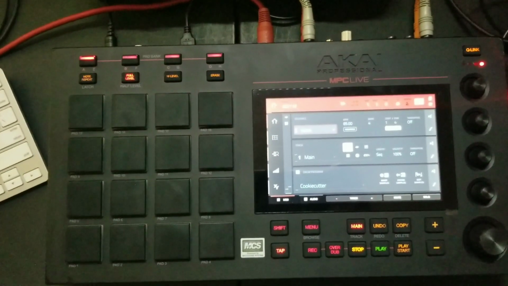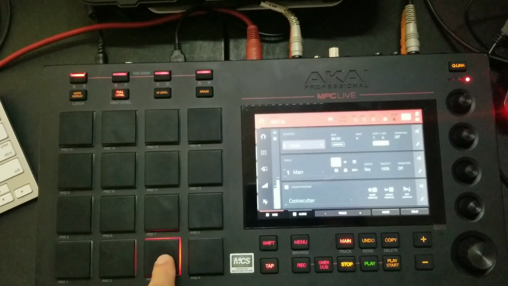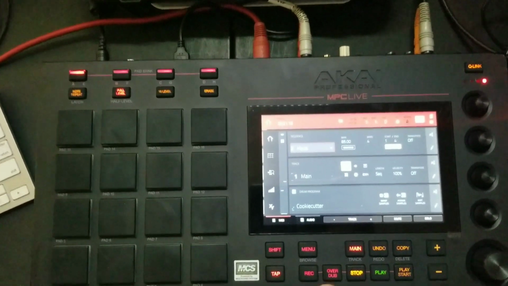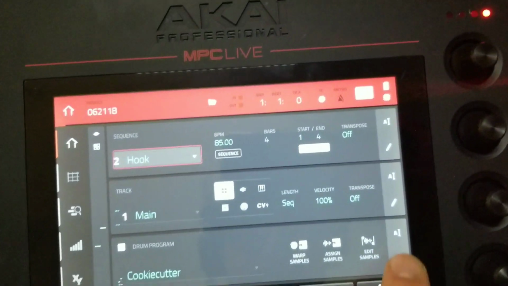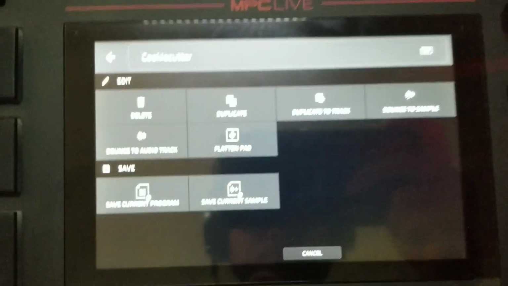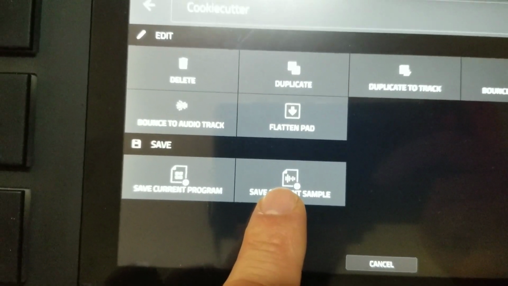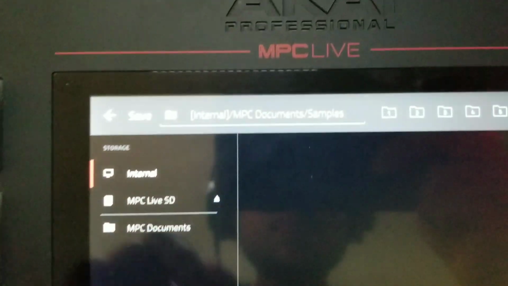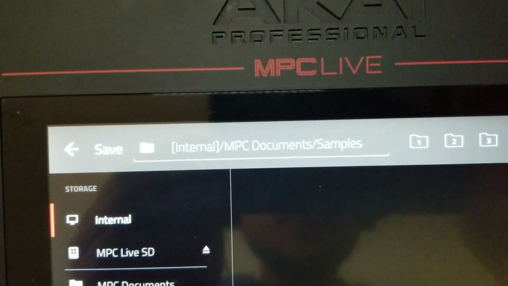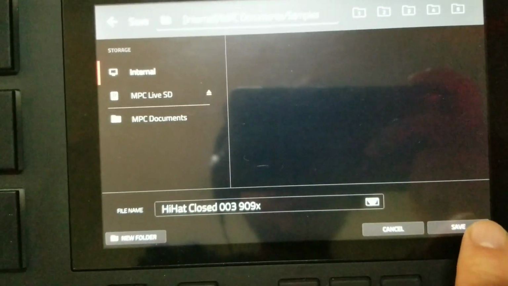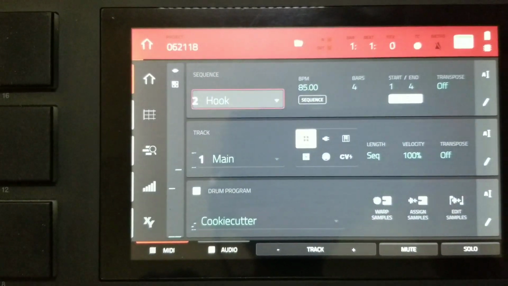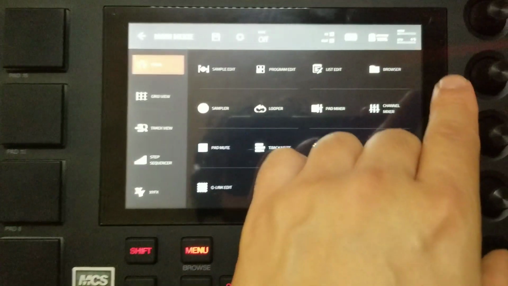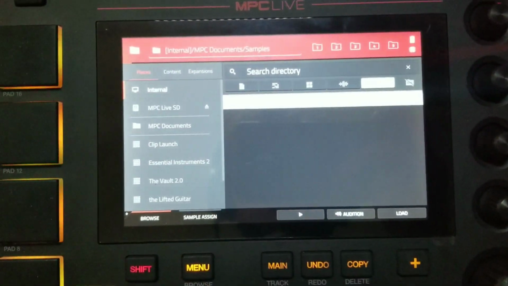All of my samples are saved in that favorites folder on an SD card, but to keep things even simpler, you can just save your current sample by pressing a pad and going into edit and save current sample. These samples will automatically save by default to a location on your internal drive, and it's right here, MPC documents/samples. So I'll hit save,